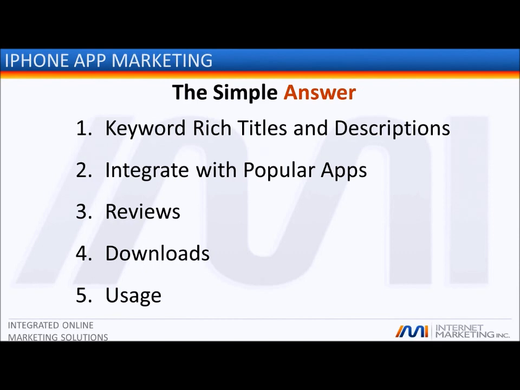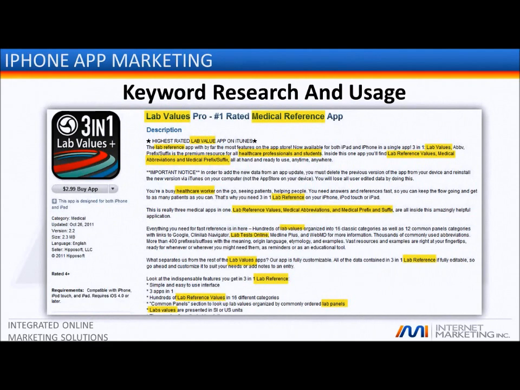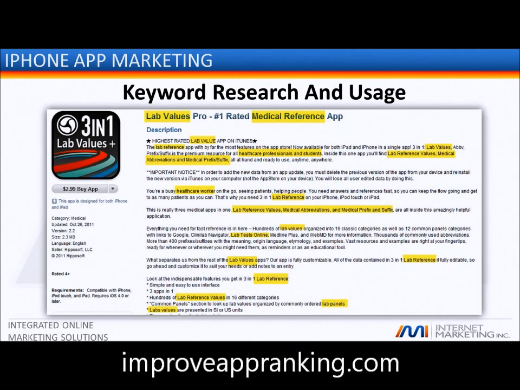usage of your app. Similar to search engine optimization, just as a website needs to use proper keywords within its text, for your app, you want to use proper keywords in the title of your app and throughout the description. You first need to conduct keyword research to find out what types of words people normally search for when it comes to your particular app. The App Store doesn't have their own keyword research tool, but using the Google keyword tool will give you a good reference. Once you understand what words are searched for many times in a given month and are associated with your particular app, you want to use these words and variations of them in the title and the description, as